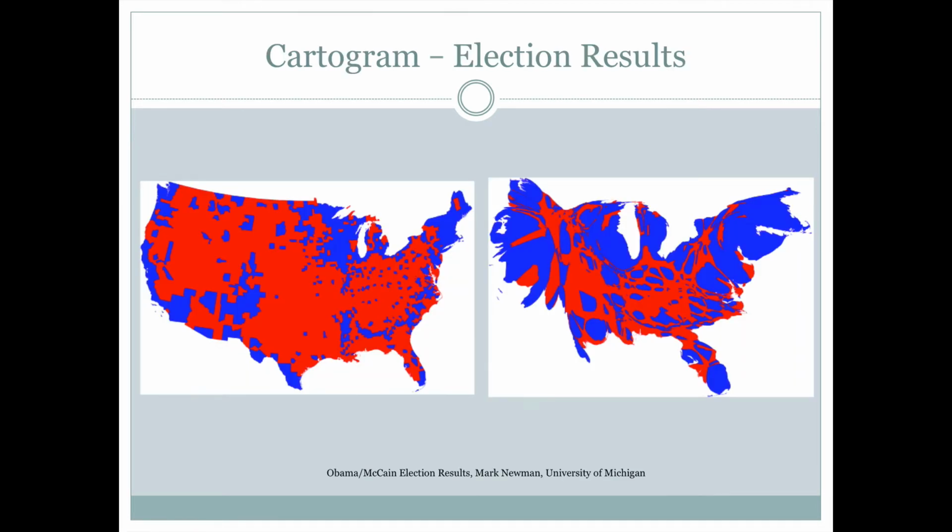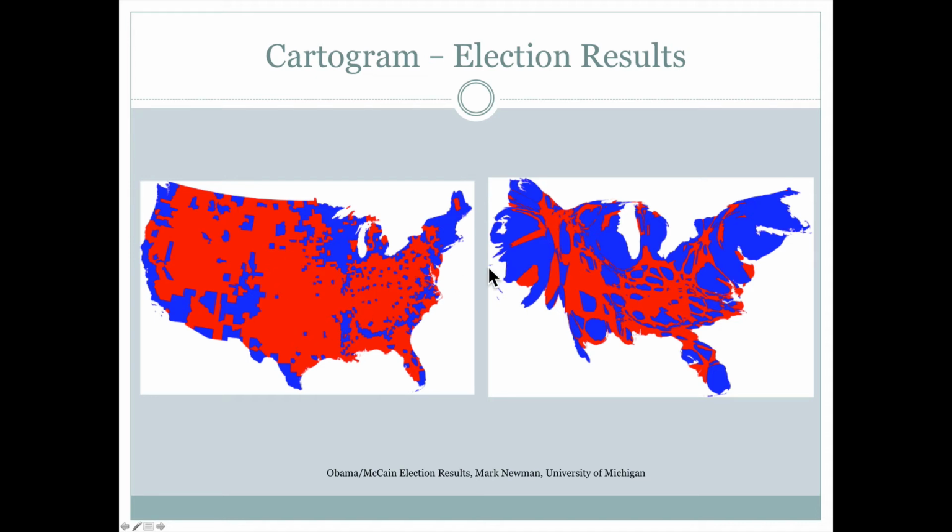A lot of cartograms have made our presidential elections because a president can win relatively small areas of the country and still win the elections because of the way that electoral college votes are counted. So this first one's from the Obama-McCain election, and on the left is shown the map with Democratic voting districts in blue and Republican voting districts for McCain in red, and we can see that there's a lot more red on that map than blue, but a lot of that red area is less populated areas, such as in the